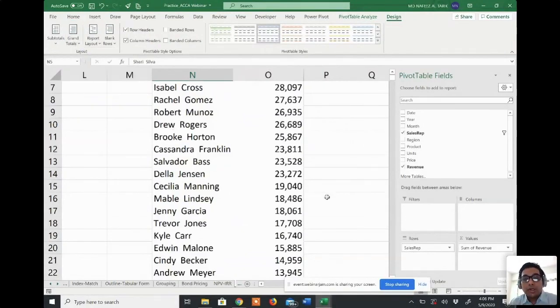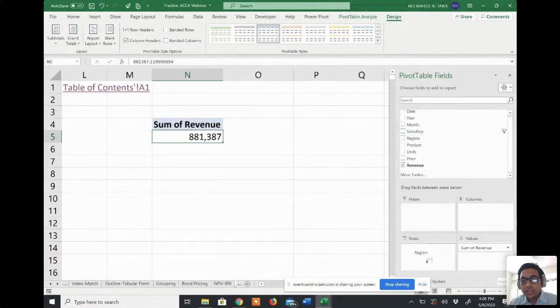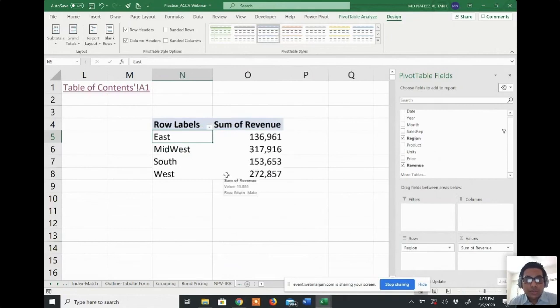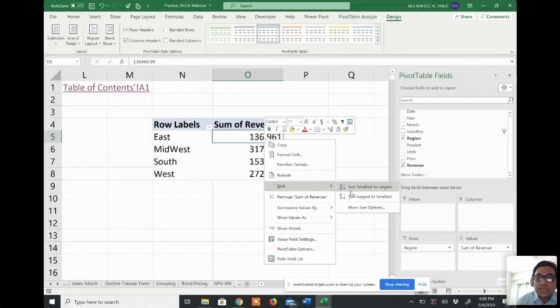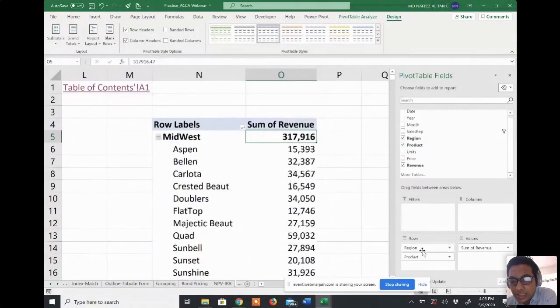At this point, I want to see not based on salespeople but based on region, in which region my products are being sold. I can see there are 4 regions: East, Midwest, South, and West. And these are not sorted. So if I sort from largest to smallest, I can see the Midwest is the top selling region, then West, then South, and then East. And if I do it on a product basis, for example,